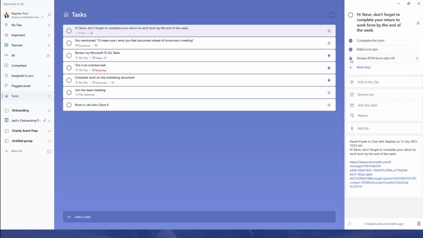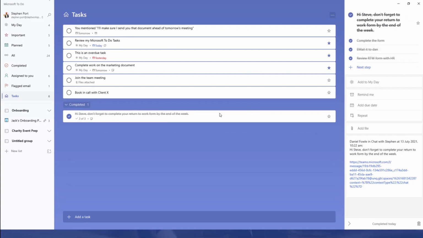As I click on each one of those, you can see that marks those off individually without marking the task off as complete. So it allows me to complete sub steps within that task as well. But when I'm ready to complete that, I just click on complete that task, and that will show me that that's now completed as well. So again, a really great way for me to manage tasks from Outlook, from the Insights using that intelligence, but also from Microsoft Teams, whether that's in individual chat sessions, or as an example, if we're in a meeting and we're creating actions in the meeting chat,